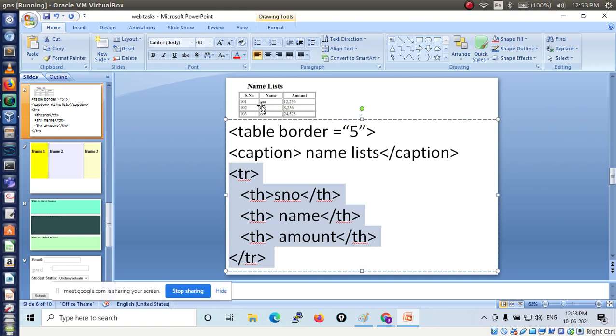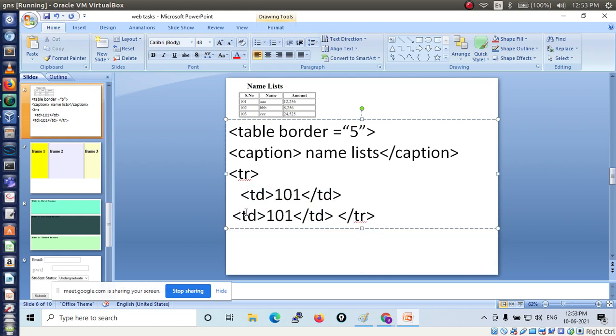Now to display the next row, here you have to use the TD tag, table data. What are you displaying here? One number. Then close the TD. In the same way you have to use it like this. So TD 101 is over, then 102, not 102.